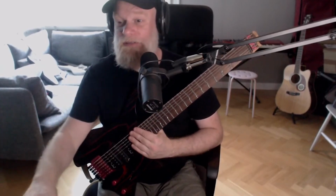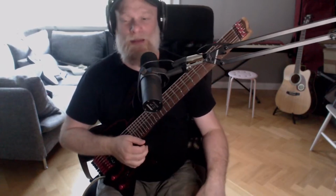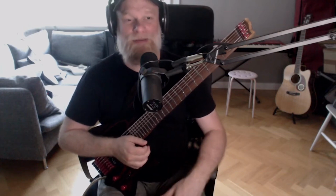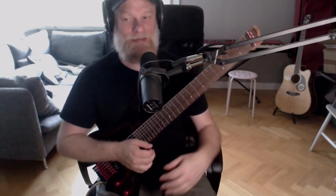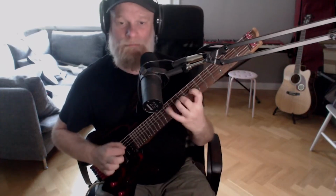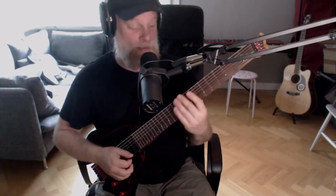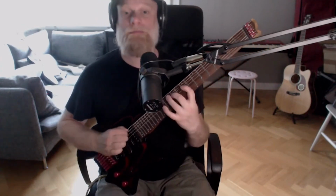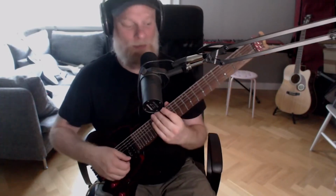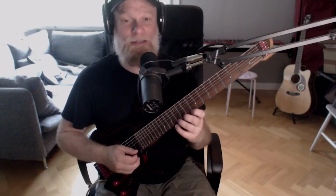Am I only using the first 6 notes of the Lydian scale? No, not really. But I'm a big fan of sometimes using subsets of scales. So, like on that C sharp minor, instead of doing the whole thing, if you play the arpeggio, you could see that as a subset of the C sharp minor scale, because those 3 notes are a part of it. And a minor 7th arpeggio